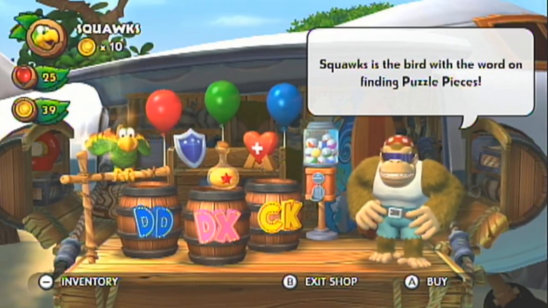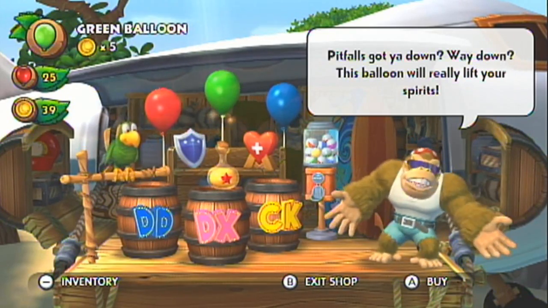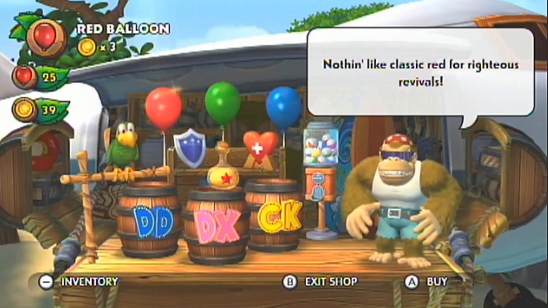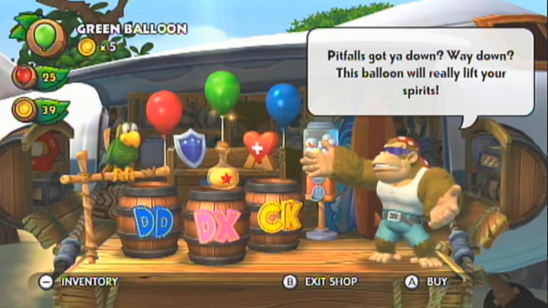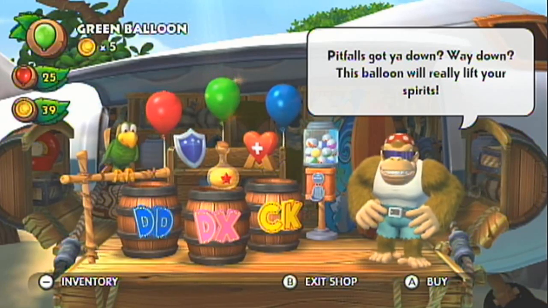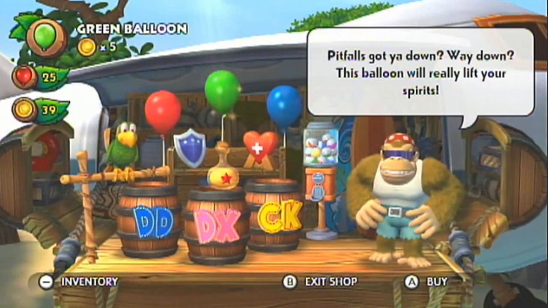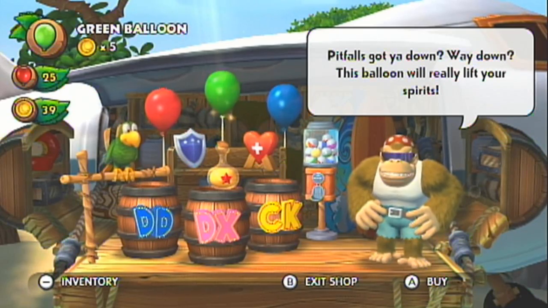Here we have items, a bunch of different items we can buy. The red balloon is obviously extra lives. You can get extra lives with that. Pitfalls got you down, way down. This balloon will really lift your spirits. I'm guessing it automatically saves you from falling to your doom, but not all the time. So yeah, those can be kind of helpful, I guess, if you're in a level with a lot of